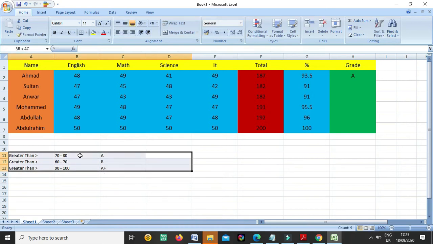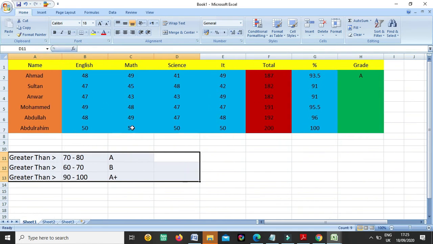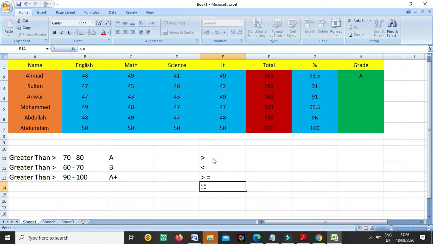Okay, and also you should remember these. I make it big so you can see easily. Also you should know the signs, the symbols. Means like this sign, this sign, this sign, and this sign is equal to.